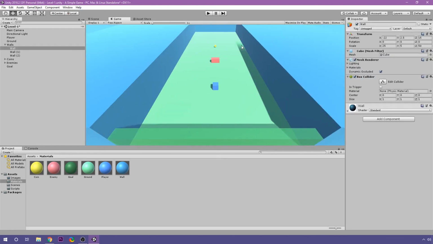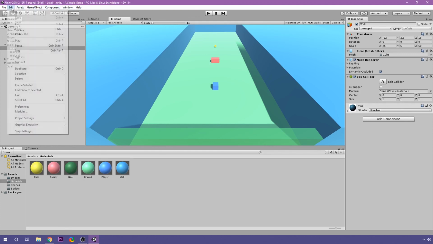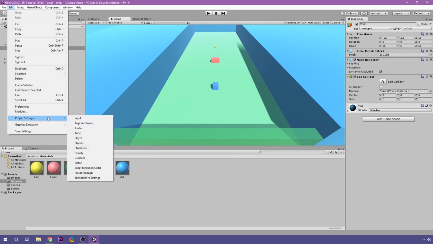Now, one thing you're probably noticing is the shadow that we have here. It gets cut off before we can see the end of the shadow. And since we know that our levels are going to be about this size, it doesn't make much sense to have that. We're not going to have that many shadows anyway. It's not going to be a lot of graphical quality stuff to be rendering, so it's not that big of a deal. So what I can do is if I go up to Edit, Project Settings,